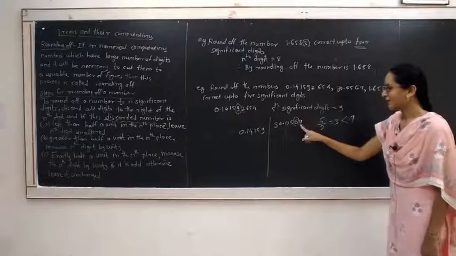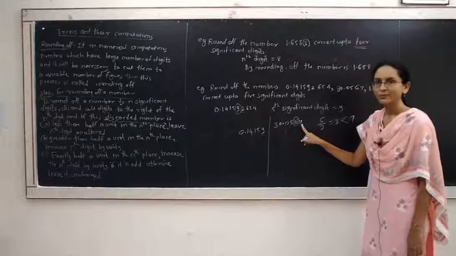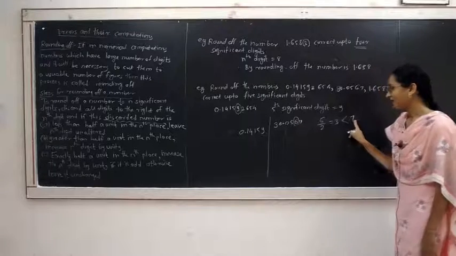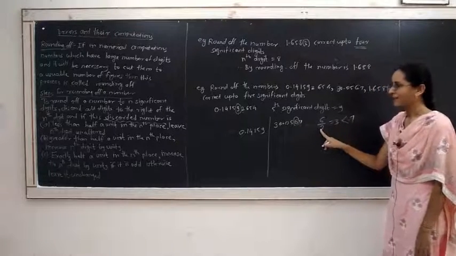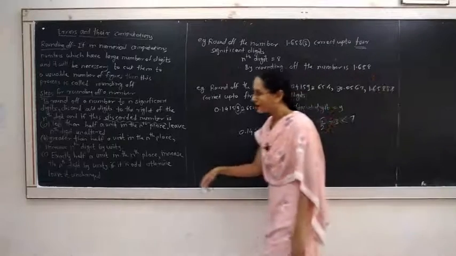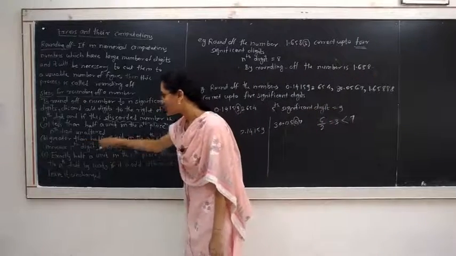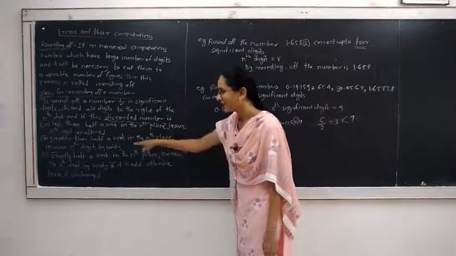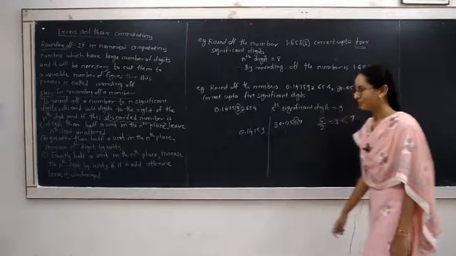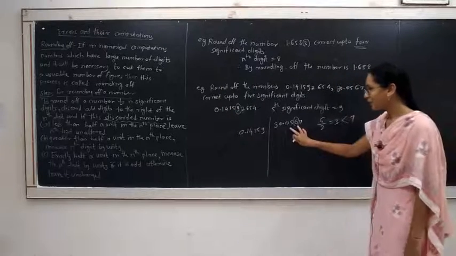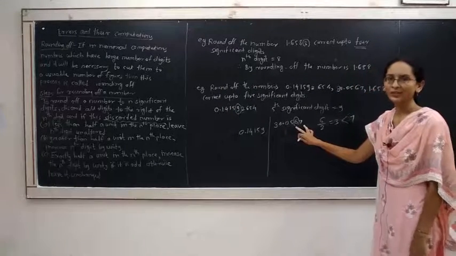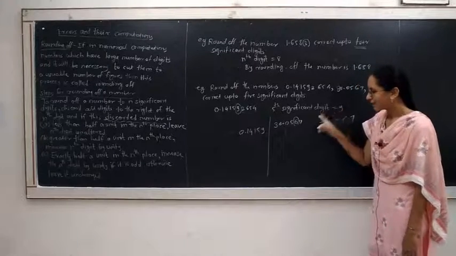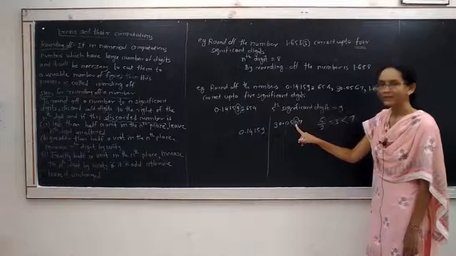7. We have discarded the number 7 because it is towards the right of the 5th significant digit, and this 7 is greater than half of the unit at the nth place. Hence, by using rule B, if the discarded number is greater than half a unit in the nth place, then increase the nth digit by unity. Therefore, to round off this number correct up to 5 significant figures, we have to add 1 in the fifth significant digit.